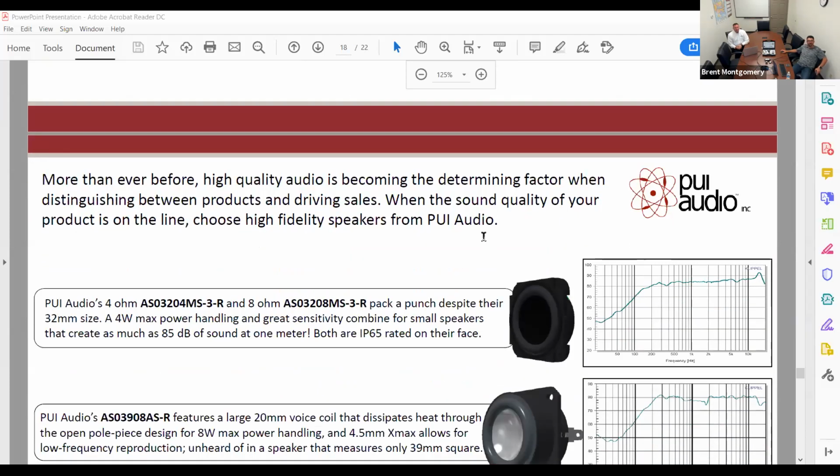So the second part of the IoT experience is not only capturing the sound from the consumer, but also playing back or reproducing sound to as authentic a level as possible. And the best way to do that is to use speakers that have a very linear frequency response. We've created a collection of speakers from 32 millimeters on up that we call our high fidelity speakers. All of these speakers have a super flat frequency response, so they can generate audio from as low as 150 hertz all the way up to 20,000 hertz without any dips or drops. So you get everything that's recorded.